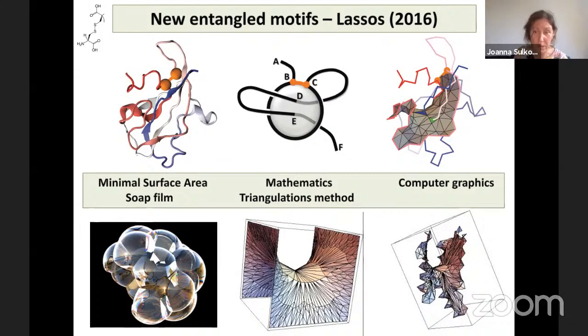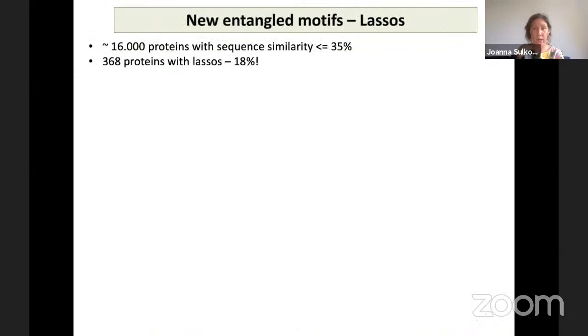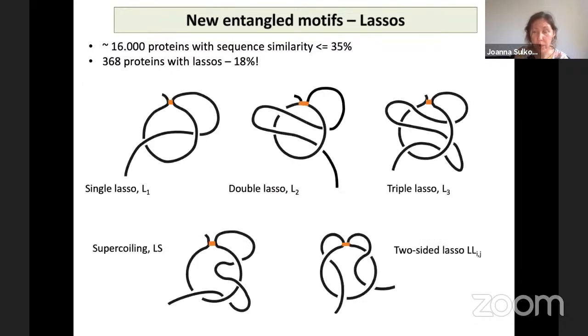So when you apply such a very simple technique to all protein structures, you can find that in the case of lasso, at least 80% of proteins possess this type of topology. Moreover, you can find a different type of topology, what we call the simple lasso, where one of the protein tails is crossing the loop. However, you can find something quite interesting